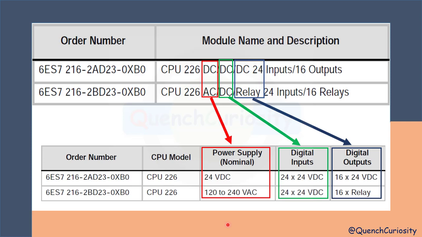For digital inputs, generally or most of the time, it is going to handle the DC type of supply. For digital outputs, it changes. It may be either DC type or AC type. How will I know that it is of AC type? Now if it is simply written DC, it means that it is going to handle a 24 volts DC supply. But if it has written relay, then it may handle a DC supply, or it may handle 120 volts to 240 volts AC, because it's a relay type.